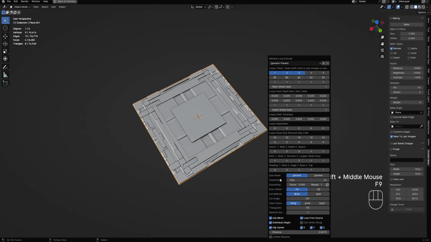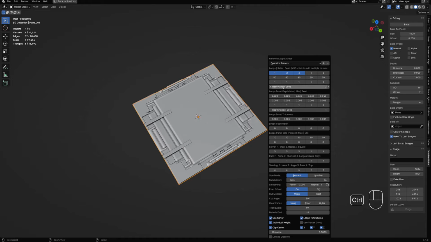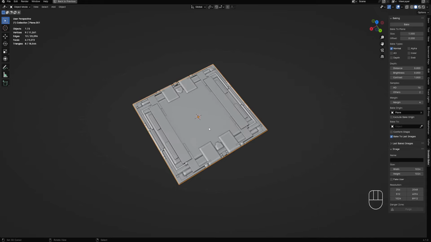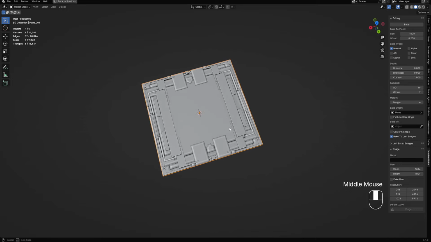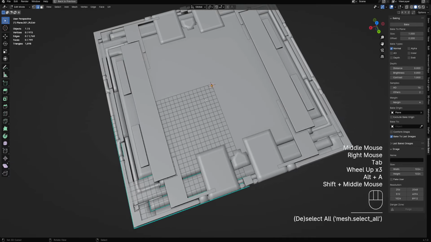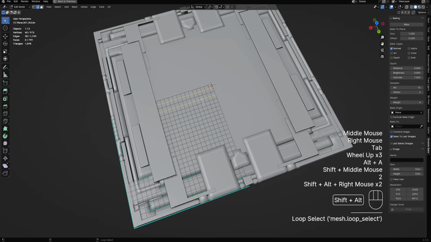Right before seed. Okay, then could also try and